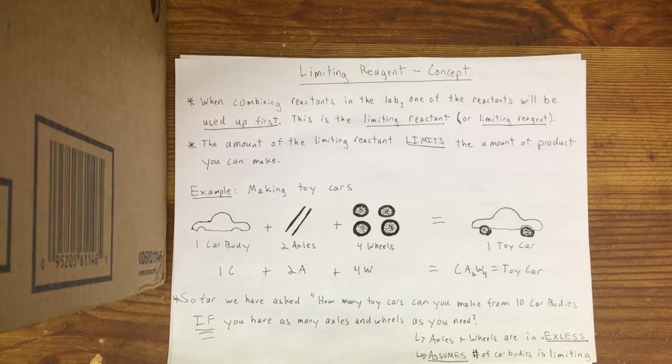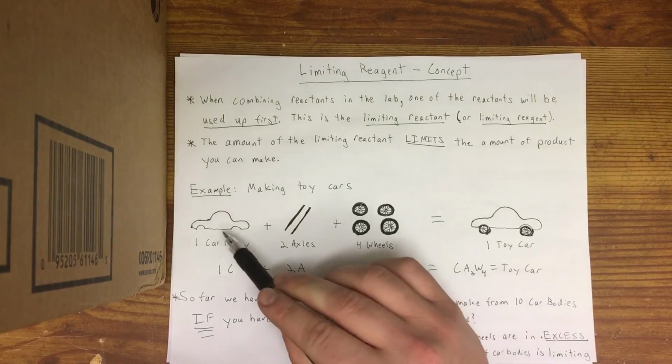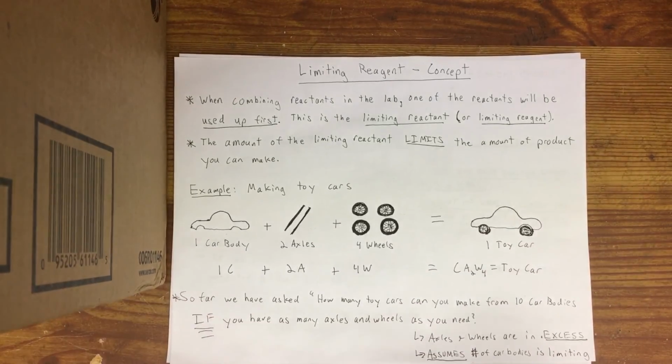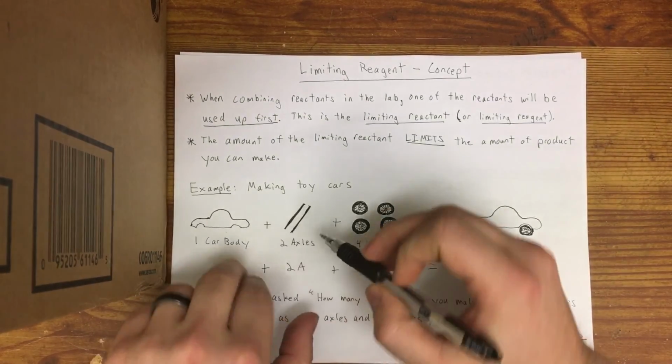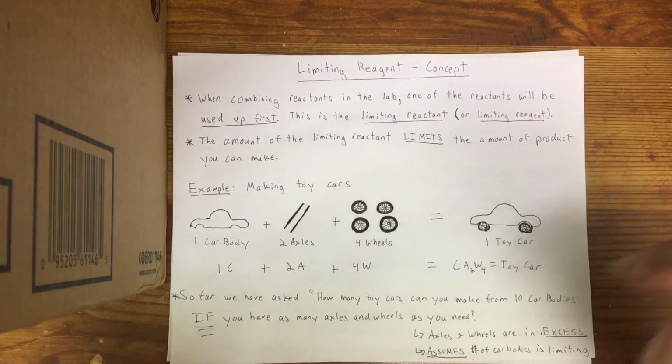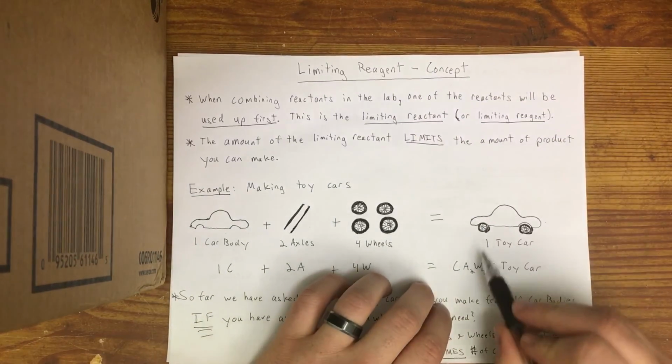So I like to take this example from building something simple, and we'll take this example from making a toy car. In order to make a toy car, let's say that you have these parts, and these are the only parts that are required to make the car. You have the body of the car, you need 2 axles, and you need 4 wheels. And when you combine a car body, and you take 2 axles and put wheels on the ends of them, and you take those 4 wheels and put them on the ends of the axles, you end up with a